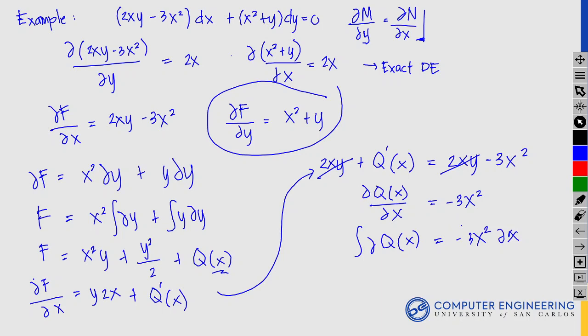Then integrate. So u of x is equal to minus x cubed. We now have our u of x, so we can substitute it back here. So f